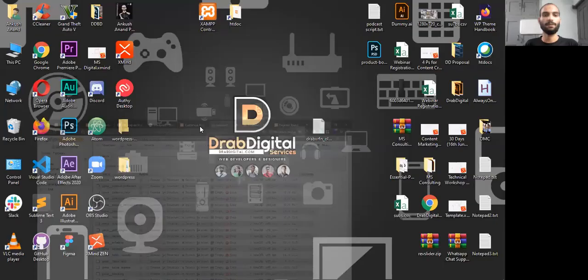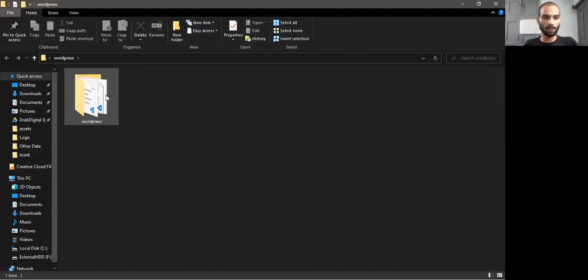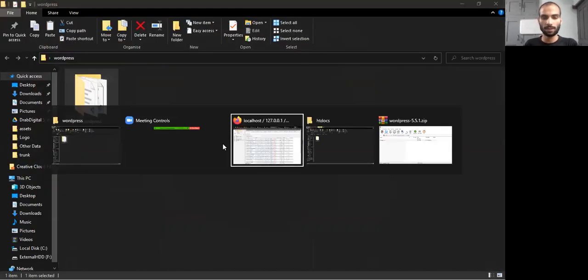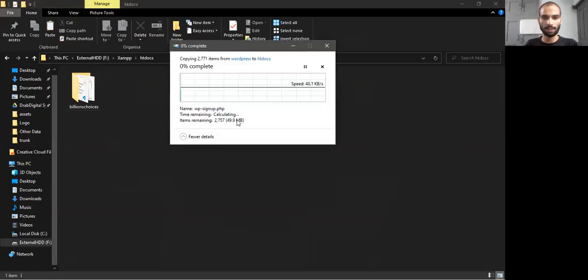And now if you want to create another website, as you said you want to create multiple, you can add another folder here with the same WordPress files, or new WordPress files. You have to copy that.